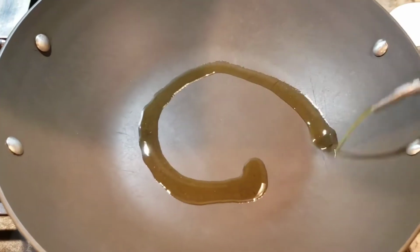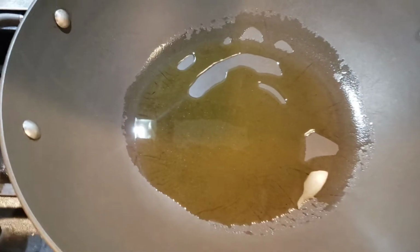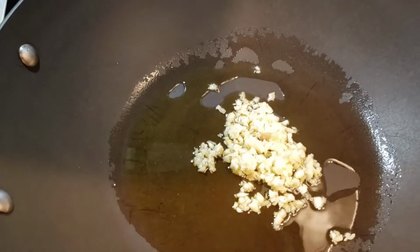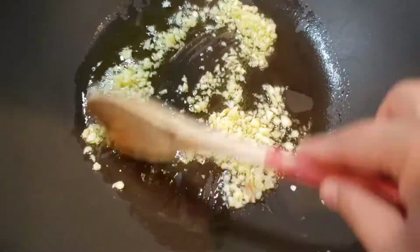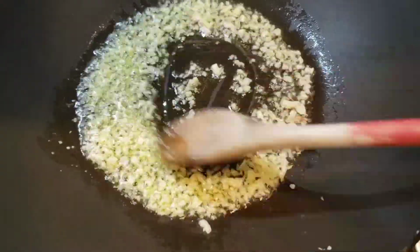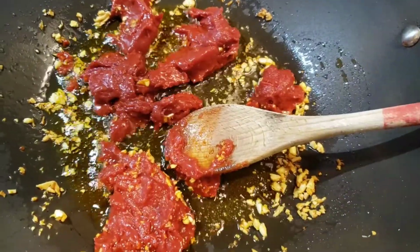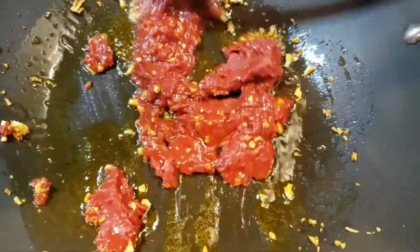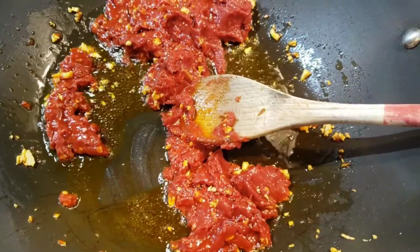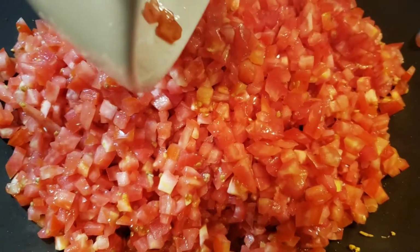In the hot pot, we will add about 1 or 2 tablespoons of olive oil. But if you like any other oils, you can use the oil that you like. And after that, we will add about 1.5 tablespoons of garlic. Then you will cook the garlic until it's light brown before you add in the tomato paste. We will cook the tomato paste about 2 to 3 minutes before adding in our chopped tomatoes that we did earlier. Mix them all well, cover with the lid,